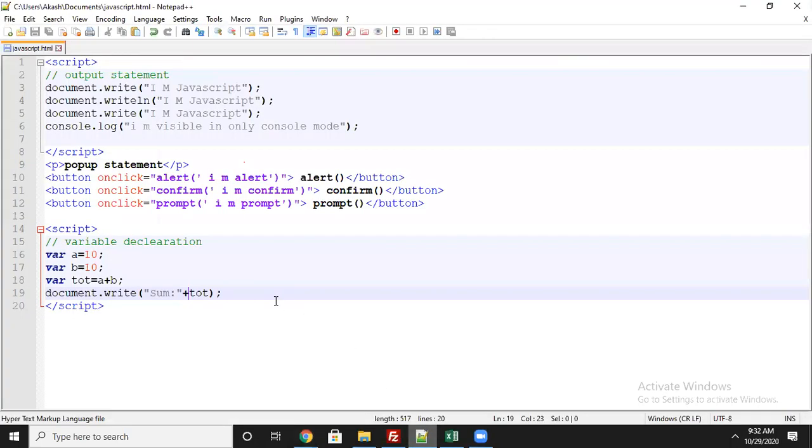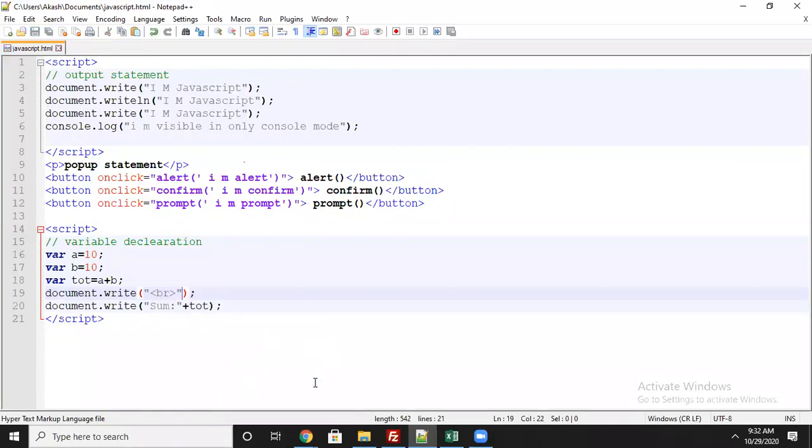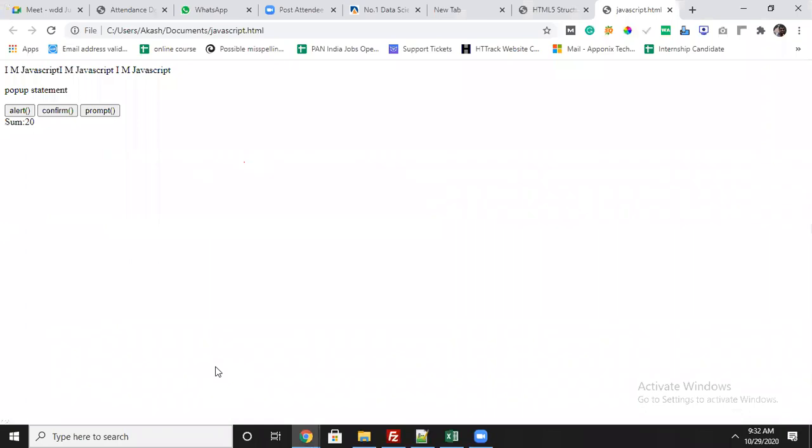Now I will add a br. Br stands for break. If you want a new line you have to use br. Either you can add it here or add one more document.write and specify br inside. Br will break the line. You can see now it is coming on a new line.